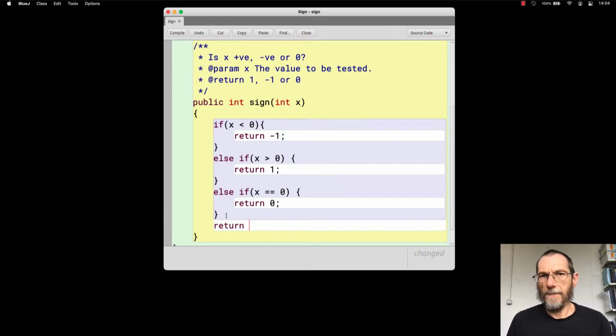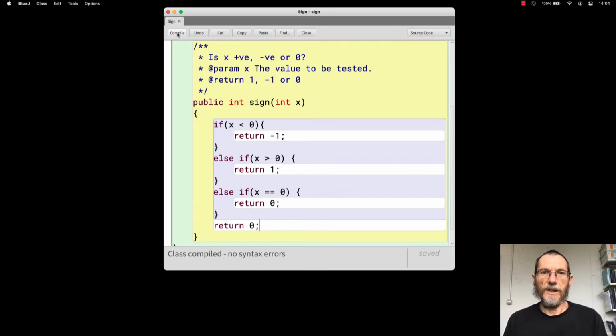We could simply keep the compiler happy and return the value 0, for instance, and certainly the code compiles now. The problem is that this really doesn't make any logical sense. We know that actually execution can't really reach this point because we've eliminated all of the possibilities, negative, positive, and